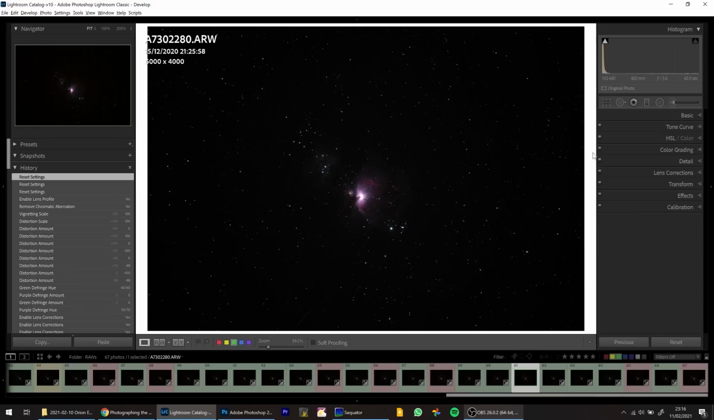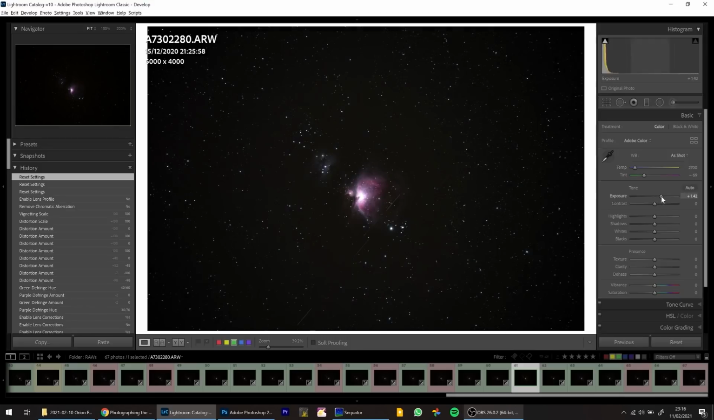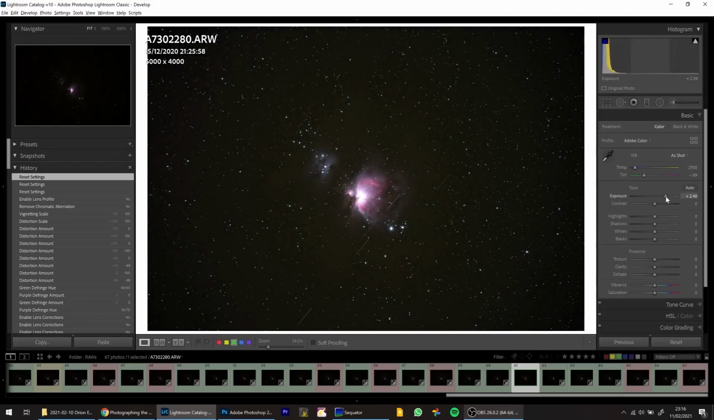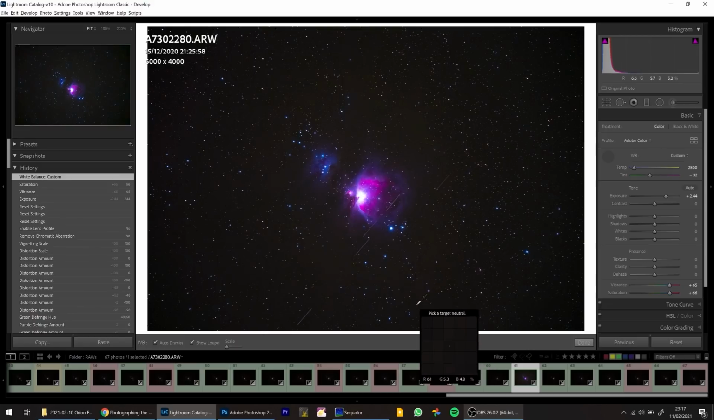So first I want to try and fix the white balance, and in order to do that I need to see what's going on in the image. So I'm just going to boost the exposure, and I'm also going to boost the vibrance and the saturation just so I can see what colors are in the image and to try and get a good white balance. So you can use the dropper tool, try and find a neutral region of the image to balance the colors, but most of the time I prefer to sort of tweak things